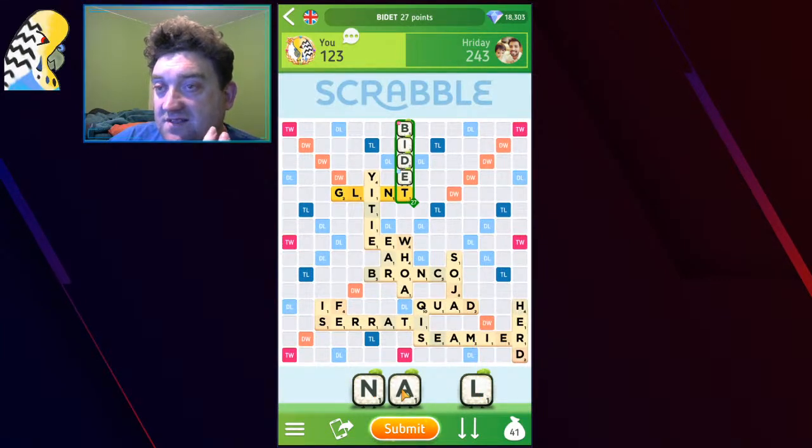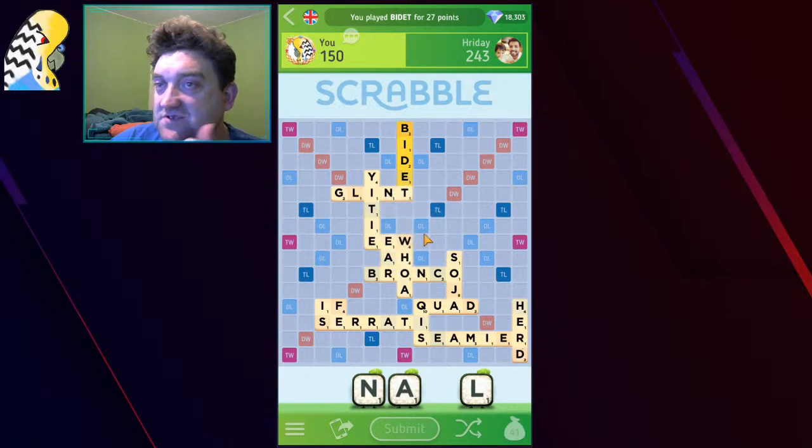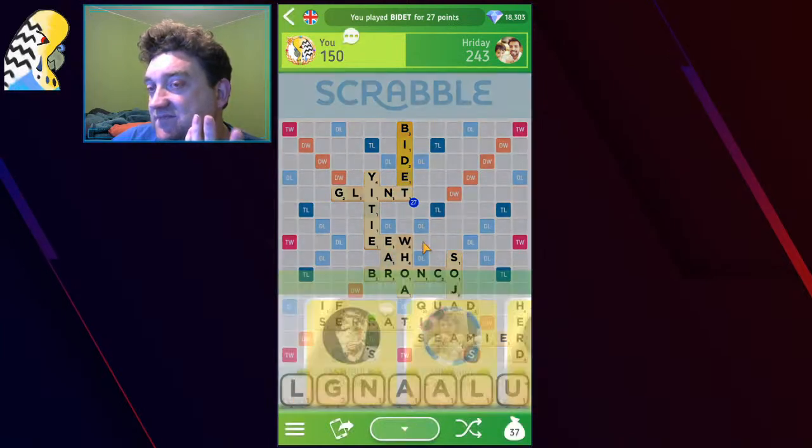I mean, it's probably a little bit better than ND, right? But I don't know what to do. I'm gonna just do that, I think. Lots of options there. You draw an S, you've got B days, so...